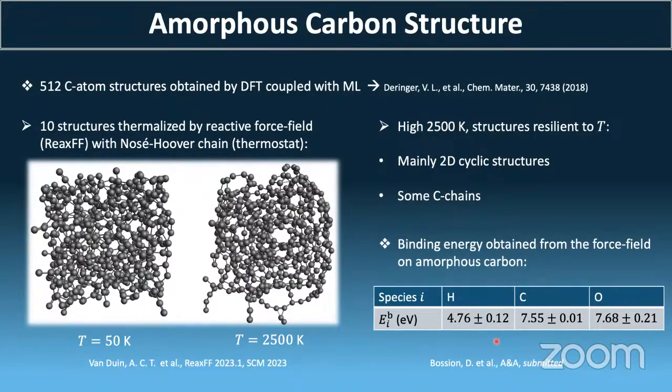So we have to keep in mind that those values are probably slightly overestimated because this is the value of the whole amorphous carbon structure. But you expect that during desorption, the carbon that are less bonded will leave first, which means the ones that have a binding energy that is a bit lower. So we know that this is slightly overestimating the actual physics.